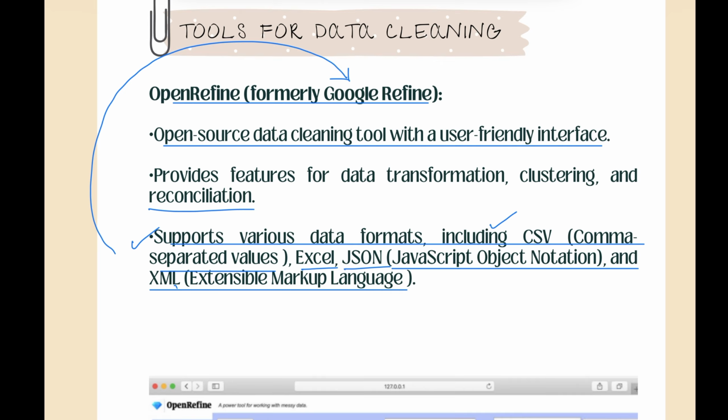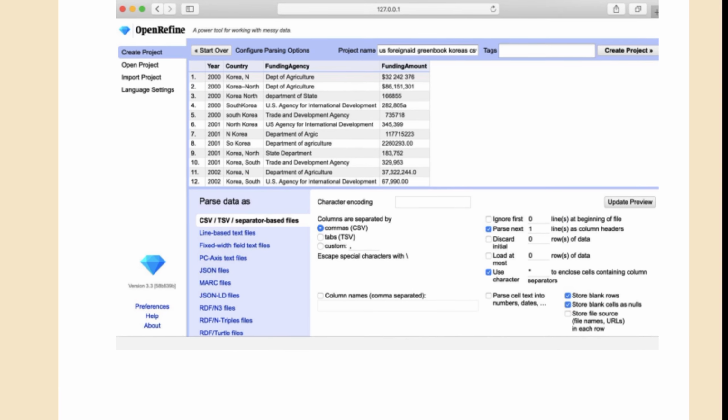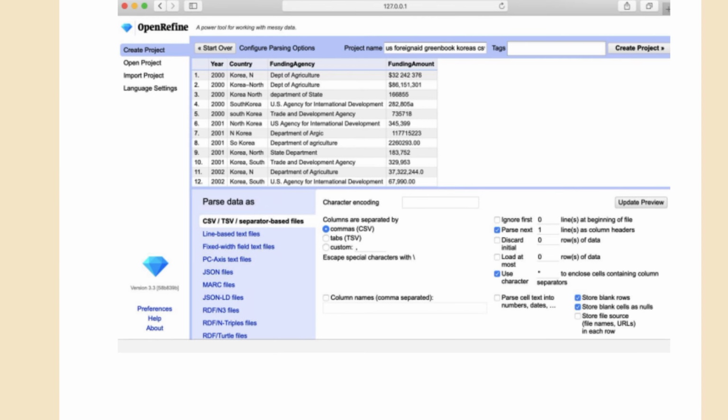After scraping many websites using web scraping software, you have extracted the data that is saved in the format of CSV, Excel, JSON, or XML. This is the process by which OpenRefine uses the data